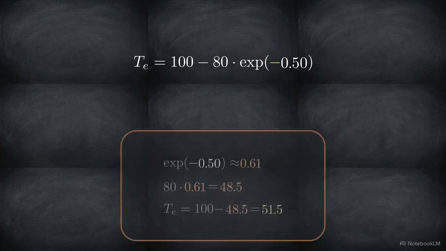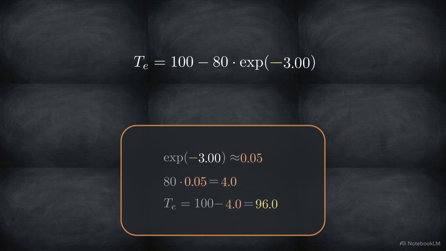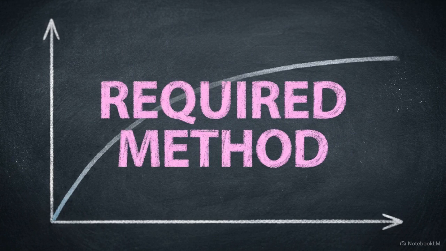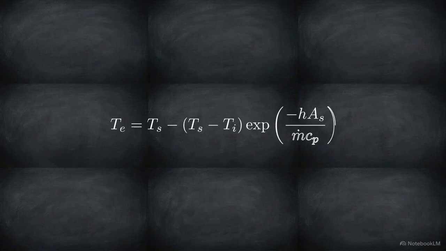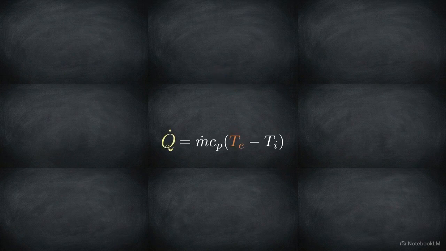The negative exponent mathematically forces the temperature gap to narrow as the surface area and distance increase. When a pipe wall is at a fixed temperature, relying on this exponential relationship is the only way to determine the fluid's true exit temperature. Once the exponential calculation provides the exit temperature, the difficult part of the analysis is complete. You can now take that exit temperature and plug it directly back into our foundational energy balance to solve for